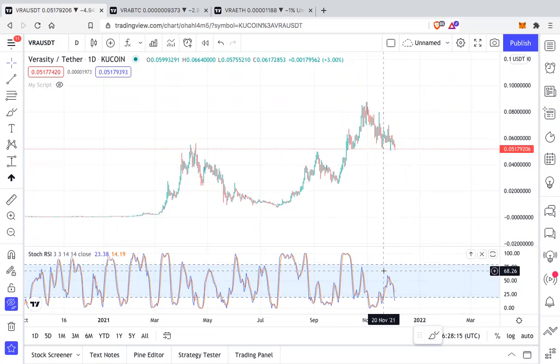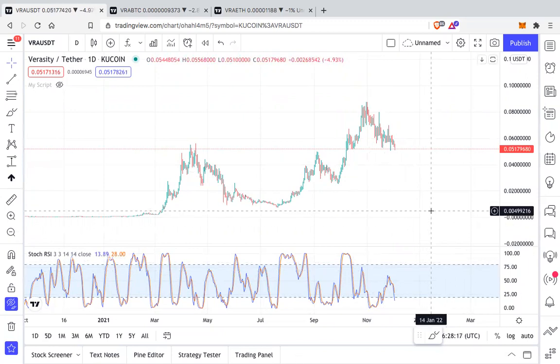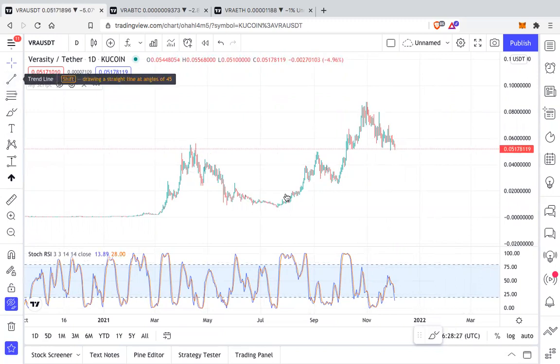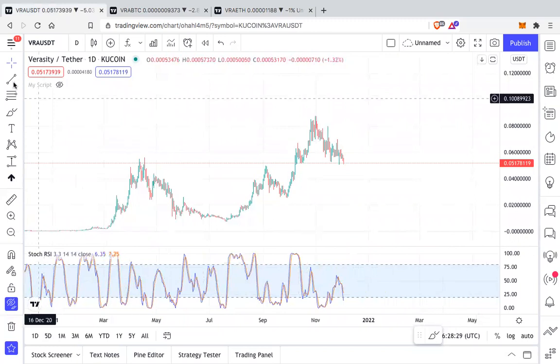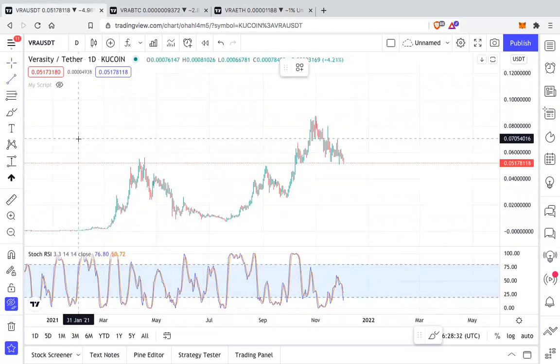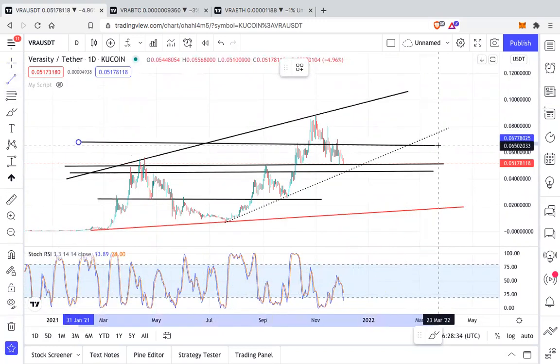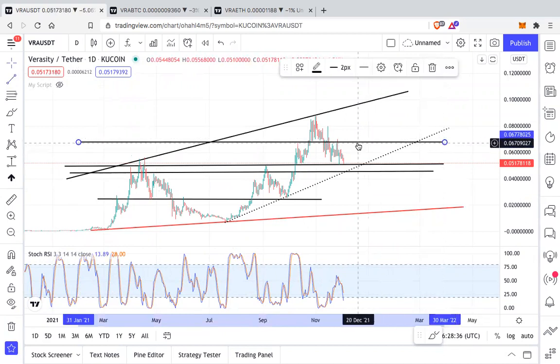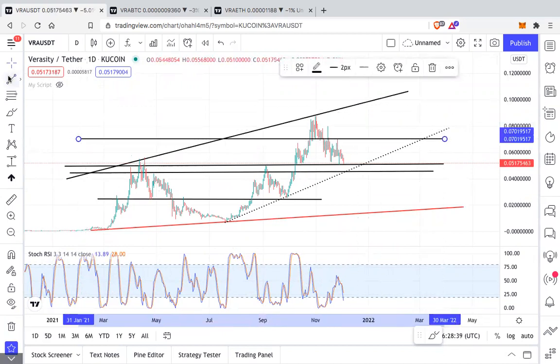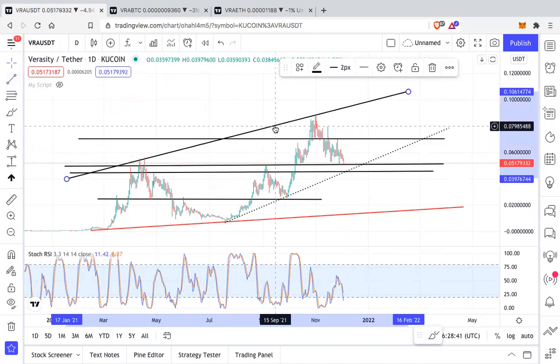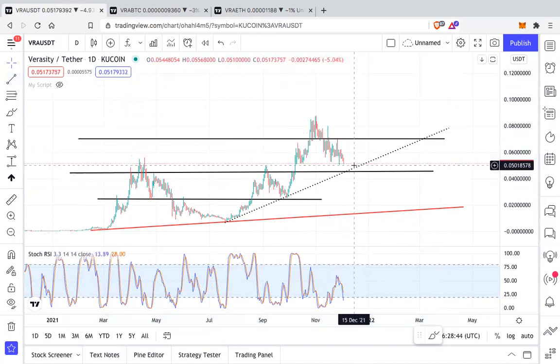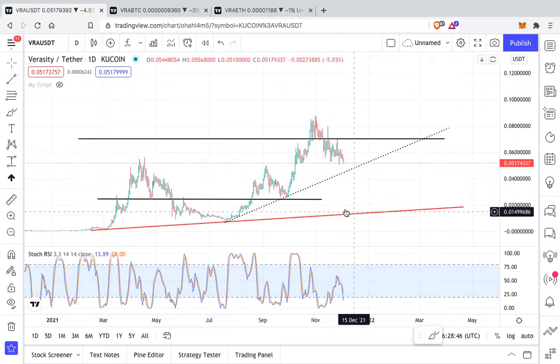Again, this is not financial advice. You guys do your own research, because I'm not responsible for your profit or your loss. But I'm bullish on VRA. I do not see any reason to panic. To break this consolidation, I think we need to break this range, which is at around 6.8 to 6.5. This is the range that we need to break to come out of this consolidation phase and again start a new wave.